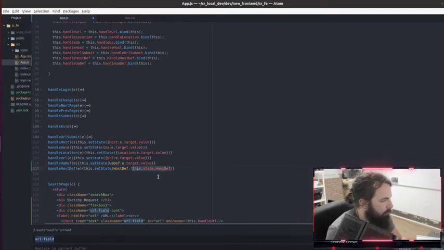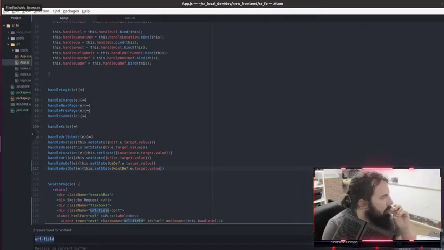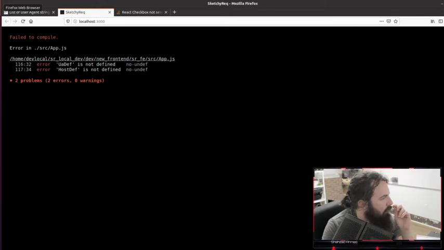E.target.value. Let's see how that works. UA def is not defined and host def is not defined. Where? Line 116 and 117.